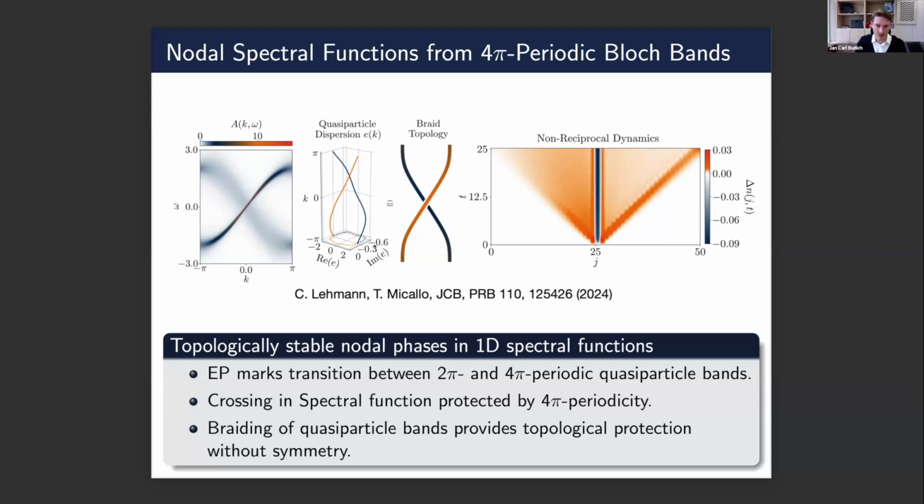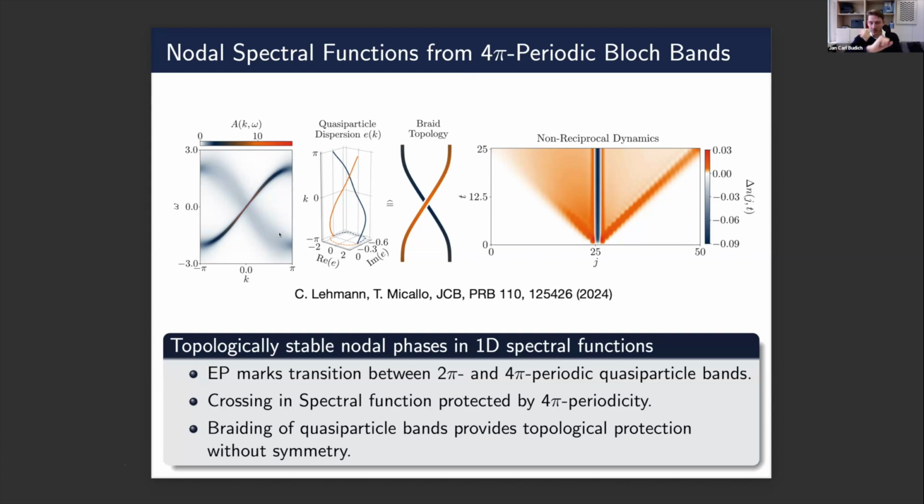that if I follow adiabatically individual levels, or adiabatic is a dangerous word here for complex spectra, but continuously individual levels, then I would not be 2 pi periodic or not be periodic in the first Brillouin zone, but I would have these 4 pi periodic structures. And you can see that I can only change this situation and open a gap in this projection to the real part that I see in the spectral function if I actually move these bands through each other, the complex bands.